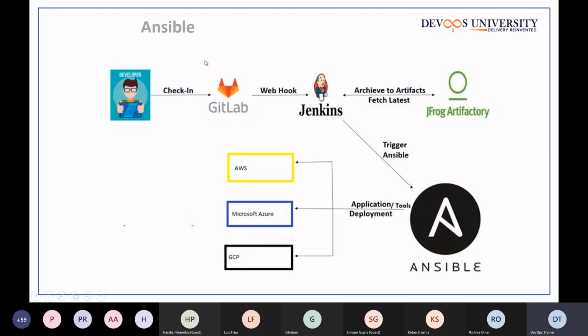Now, Ansible, this is how it looks. I'm just trying to show you a particular process here: the developer checks in, or commits, the code in GitLab. Automatically the build will be triggered in Jenkins for build automation, test cases, everything. Once the build is done, the artifacts are uploaded to JFrog Artifactory. So the artifact will be published, and later on, if we want to deploy, or host it there,